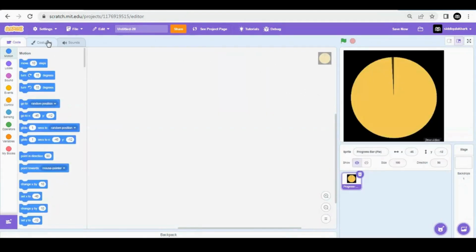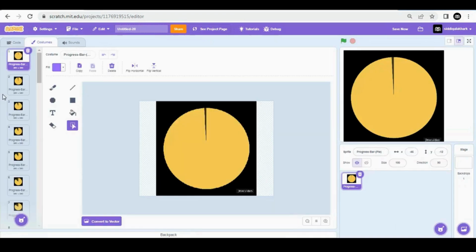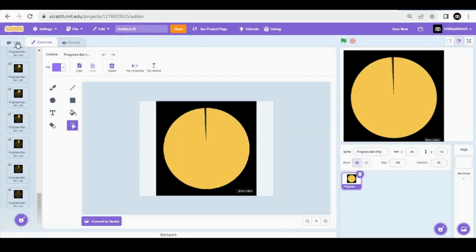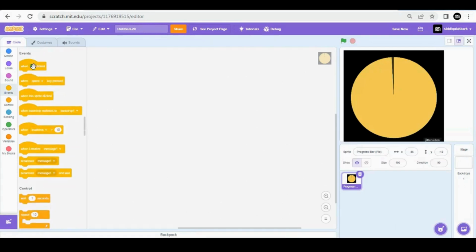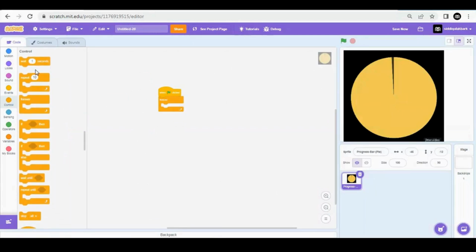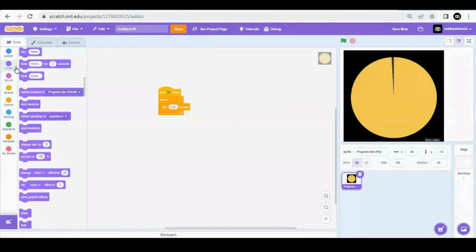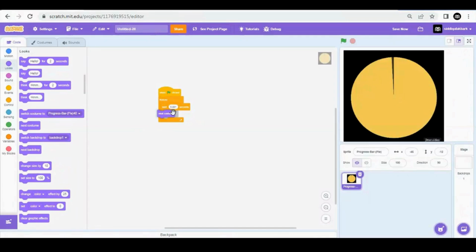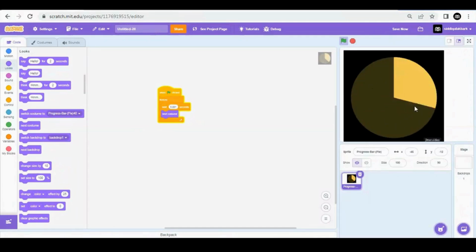Yeah, go to costumes, check that every costume is completed, go to code and set it like this. When flag clicked, forever, wait 0.001 seconds, next costume. You can see here it's changing,